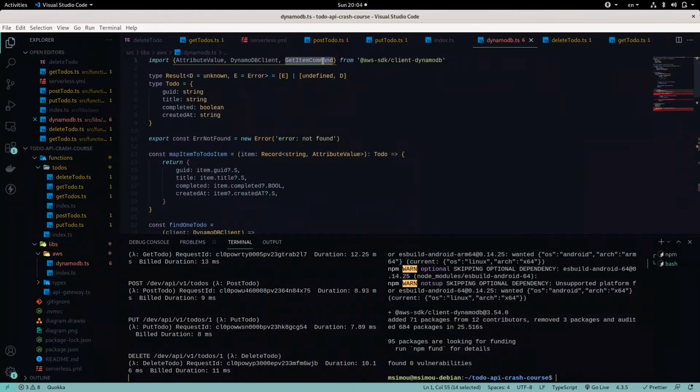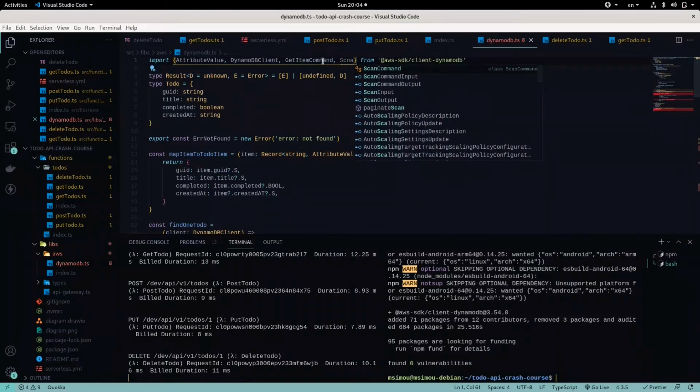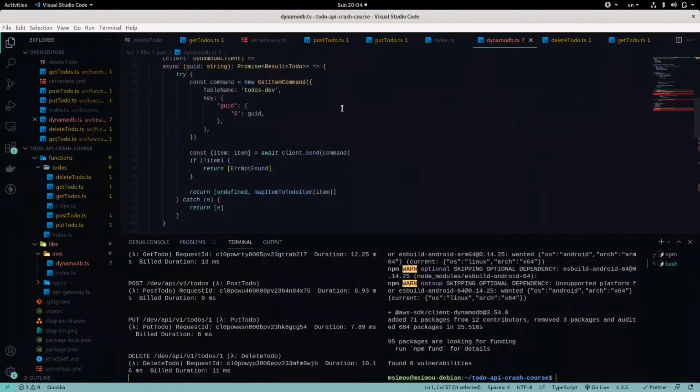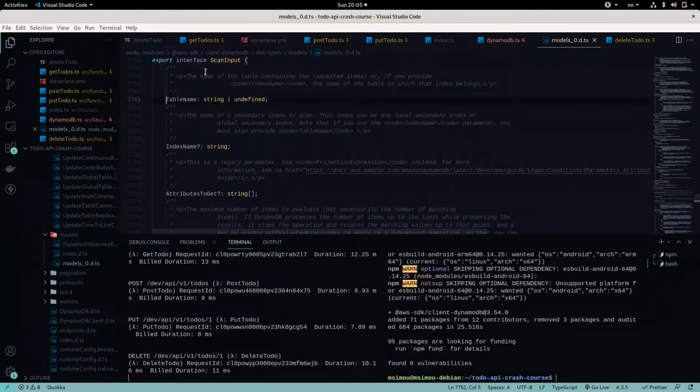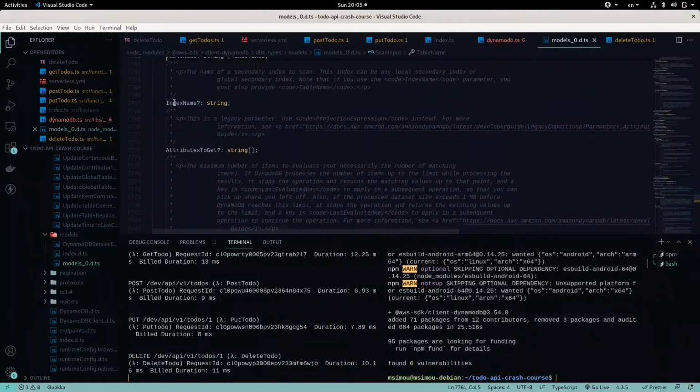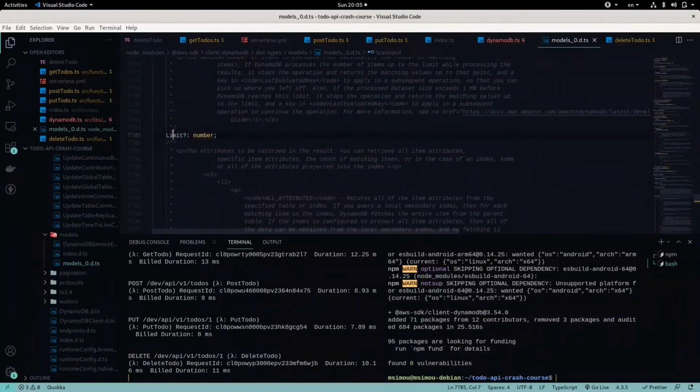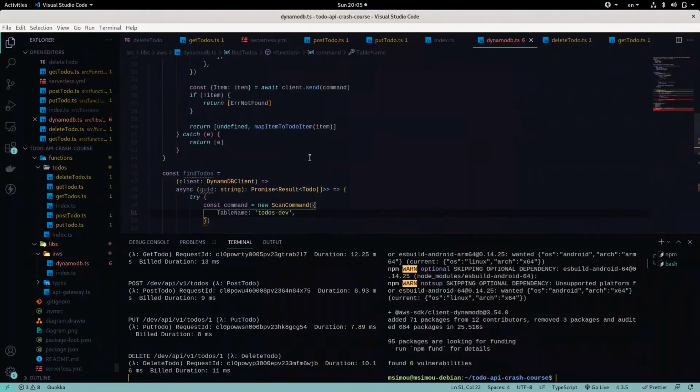So to get all the items from a DynamoDB table, we need to use the scan command, and we can replace it with the get item command over here. And if we want to see what other options we can pass to it, you see that we can pass index name, limit,